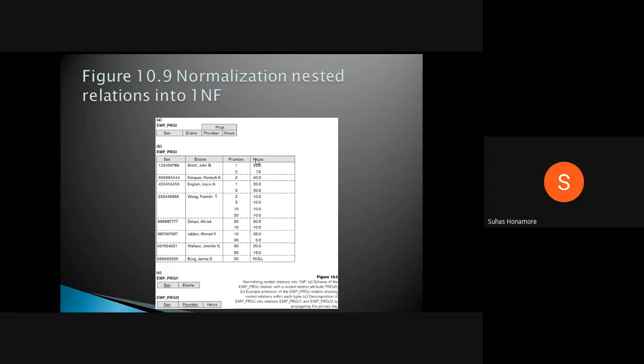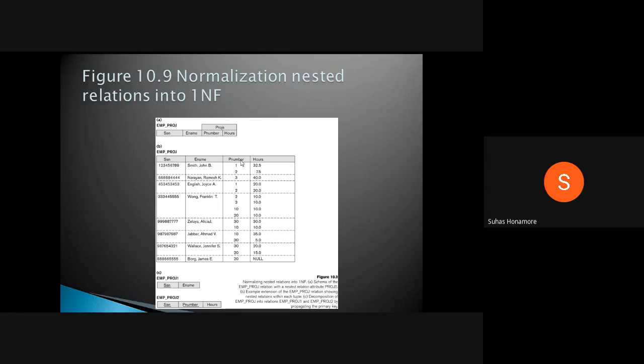So in this table, these two together: project number, and for that particular project the number of hours. Along with project number, what we are doing is giving SSN also, to make the relation between these two tables. And whenever you do the join operation, you will get the valid result for that purpose. So here we keep SSN, then P number, and you take the number of hours.